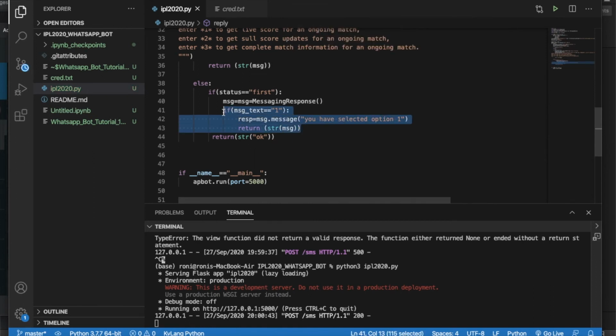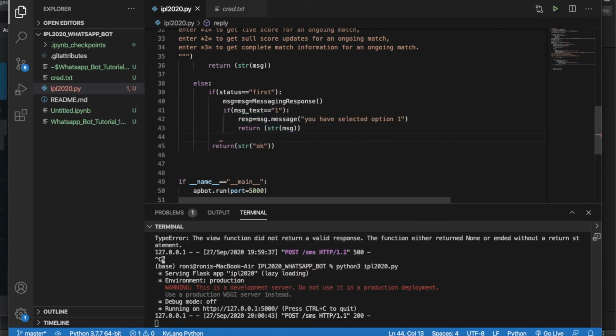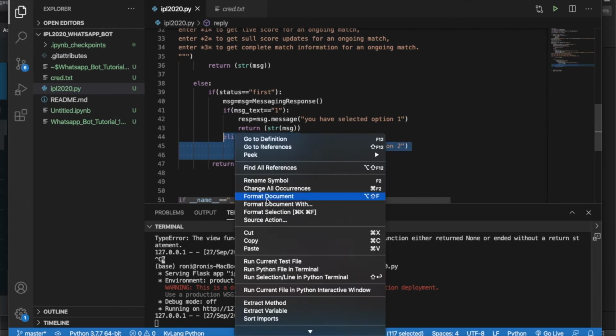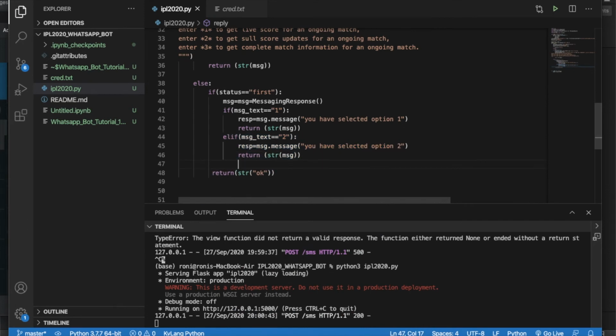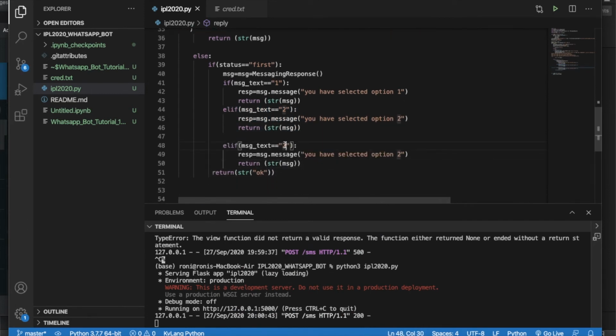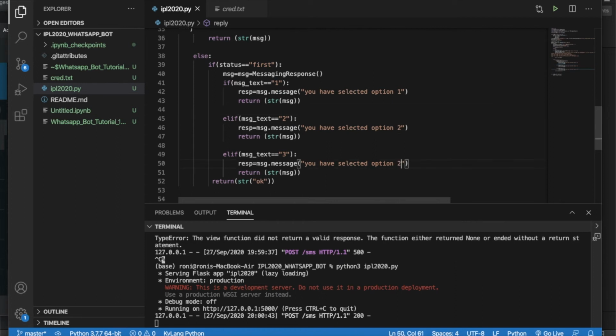So same thing for 2 and 3, so it should be elif and like this, and like this. So many menu driven options are now tackled, so hopefully this should work like this.